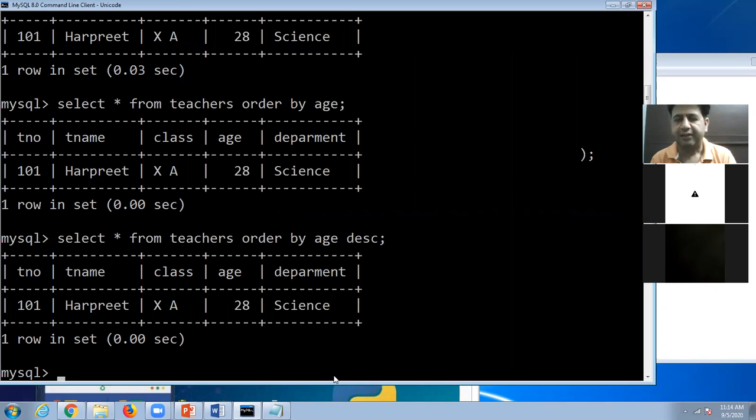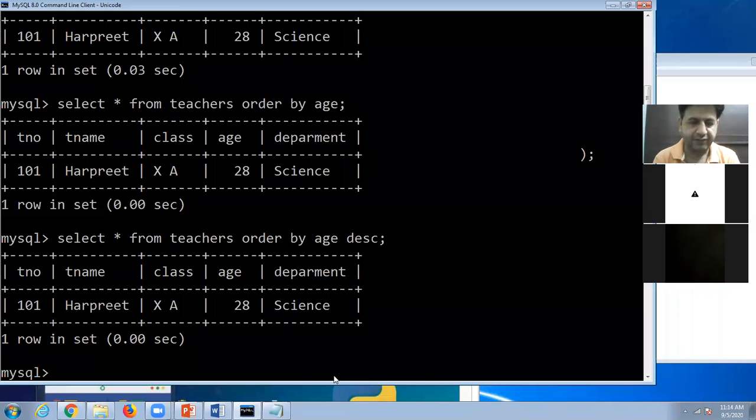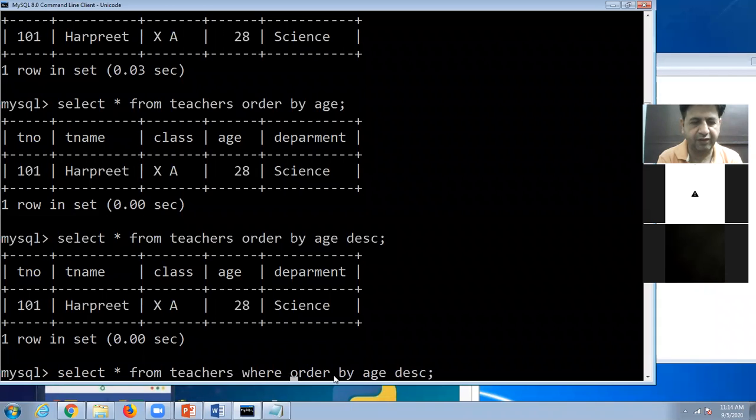And in case you want to use some wild card, look here: SELECT * FROM teacher WHERE tname LIKE in single quotes or double quotes, I take 'H%'.